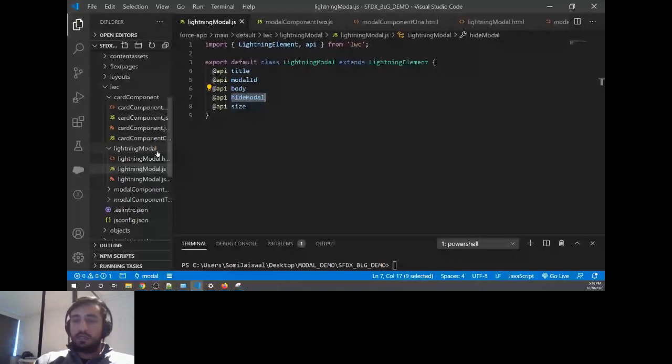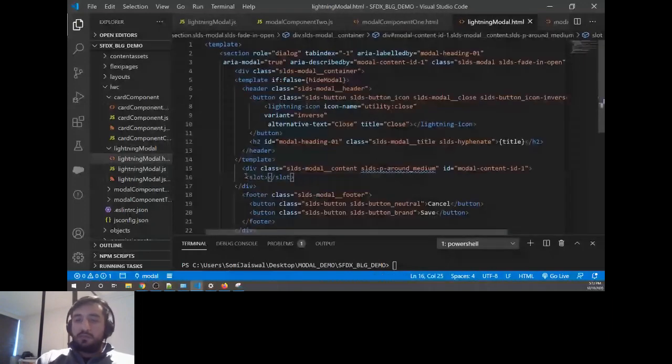Slots are of two types: named slots and unnamed slots. The named slots are slots in which you have a particular name, like I'll name this slot body. So when the parent sends something and says, I'm sending this for the body slot, the named slots will be helpful.